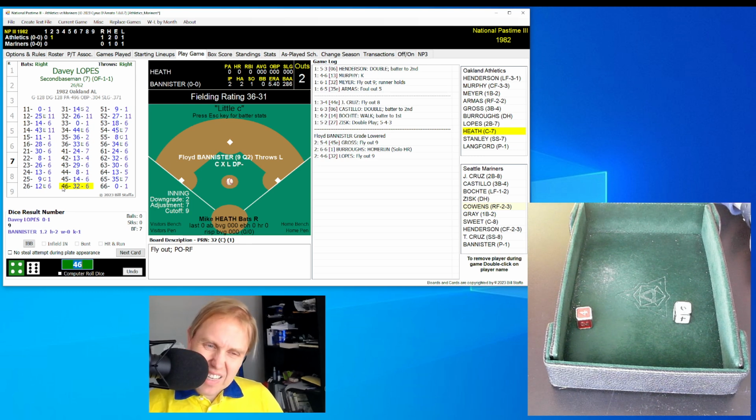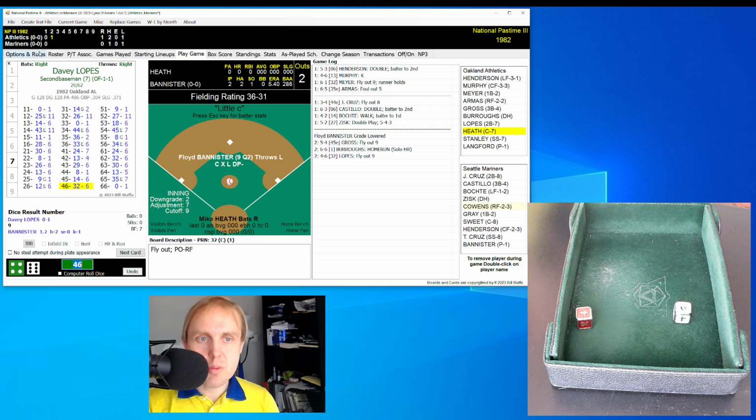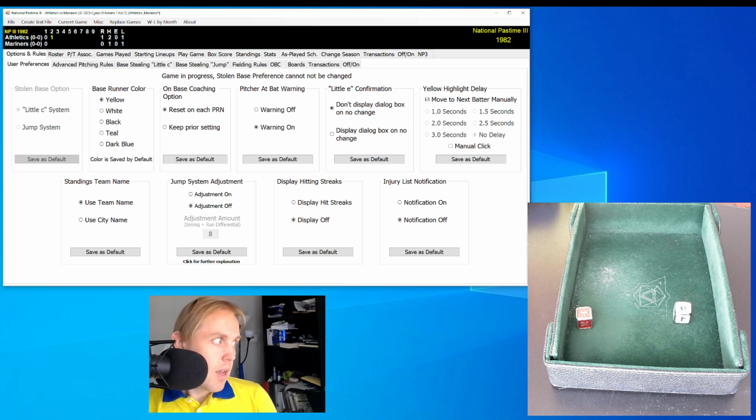I don't want to go click again, right? I just want the computer to figure it out, tell me the result, and then I can tell you what's going on. So basically, that's the way that this happens. Athletics have a 1-0 lead because I cheated and gave them a home run, right? But you can probably see why I prefer this method to these other options that are available with the yellow highlight. However, if you're playing this game by yourself, if you go and you buy Skeetersoft NPIII and you're like, I'm not going to show anybody what I'm doing,